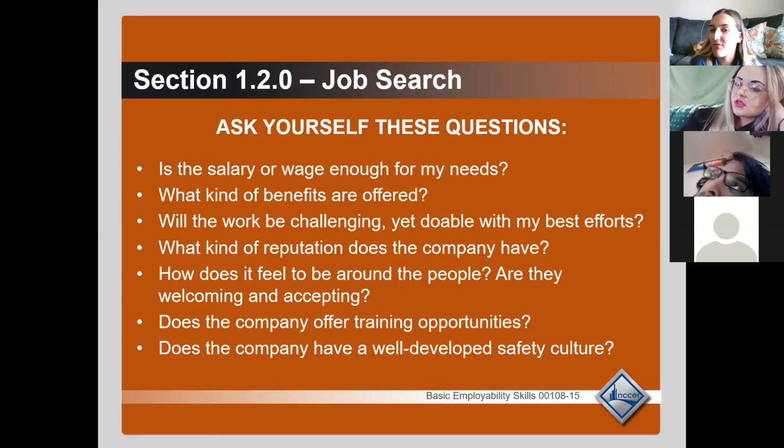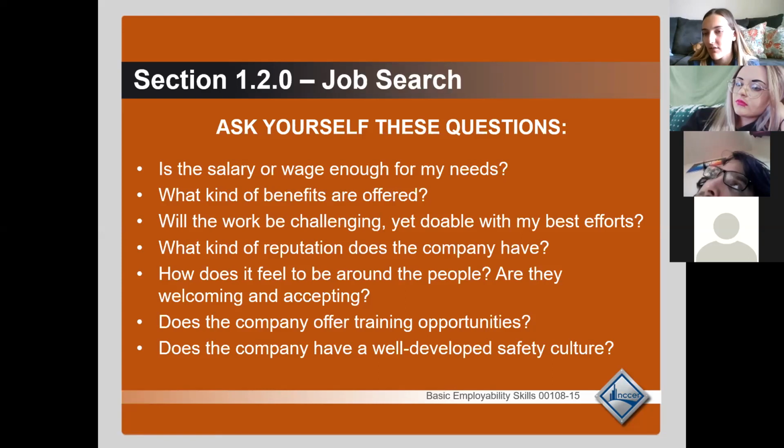You can ask if they offer you the position. They will most likely tell you salary if they haven't already by the time they offer it to you. But if they offer you the position and they haven't told you about it yet, that's a good time to ask. Be like, how much is the salary? And if you're not sure if that salary is going to work for you, you can say, hey, can I give it 24 to 48 hours to get back to you so that I can check to make sure that that's going to work for me.